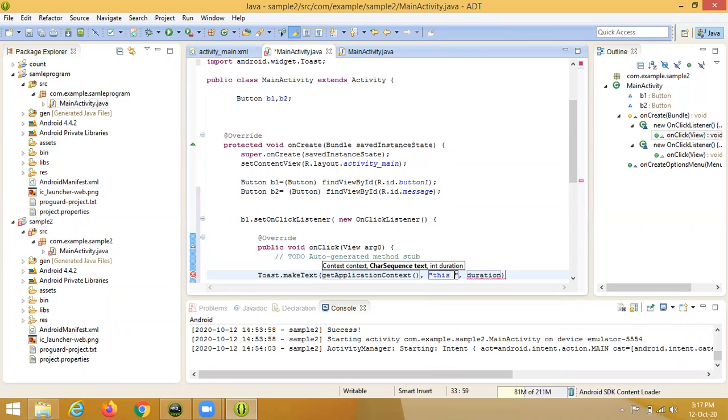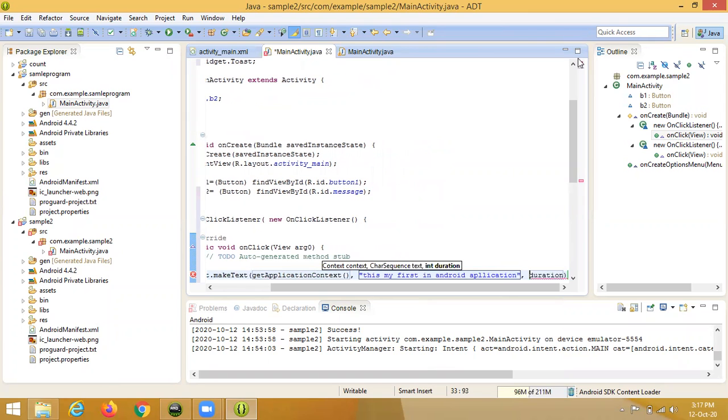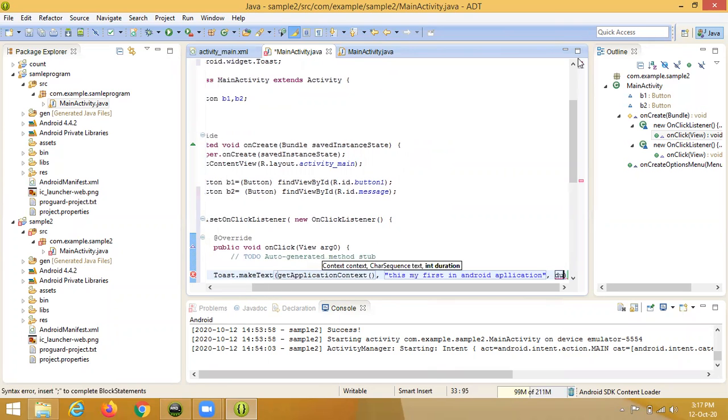I write: this is my first program in Android application. It's our message. And the duration will be given in units; I give just 100.